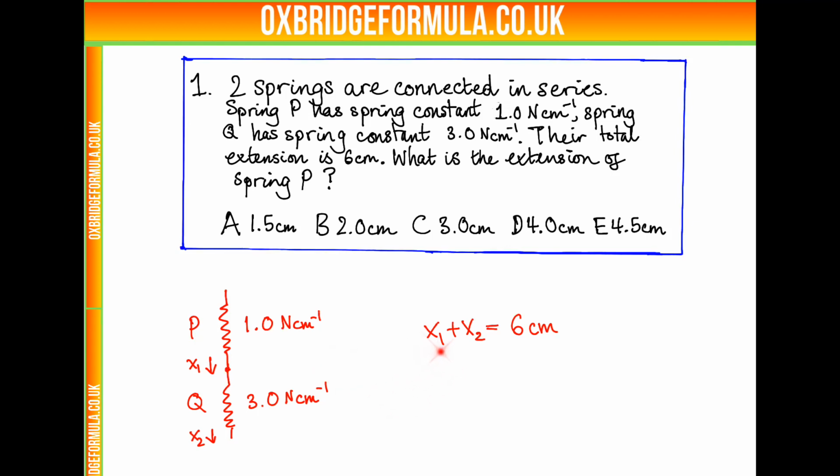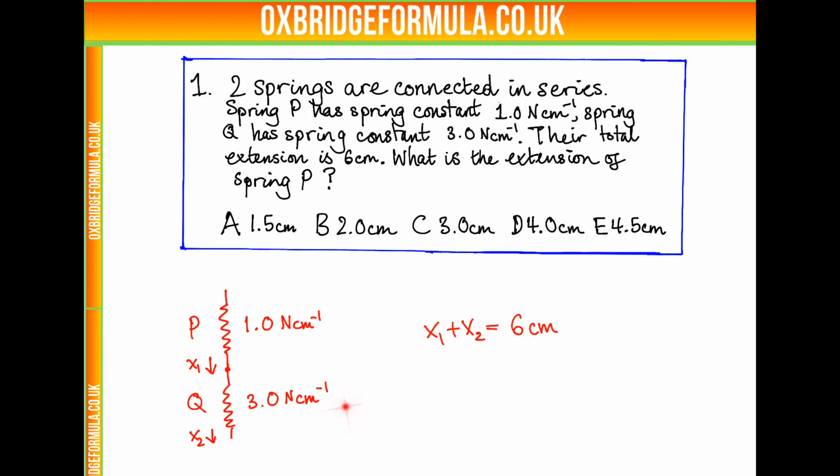But how can we get x1, the extension of spring P? Well, the information has given us their spring constants, and another way of interpreting a spring constant is as a stiffness constant. So it's how hard is it to extend that spring. So Q is 3 times as hard to extend as spring P. So for the same force, this must mean that Q extends 1/3 as much as P. So that must mean x2 is 1/3 of the size of x1,